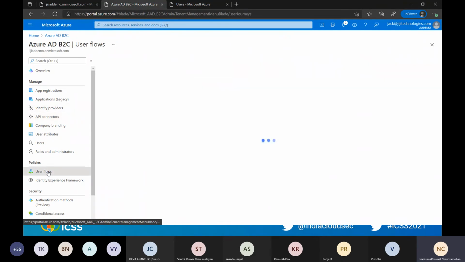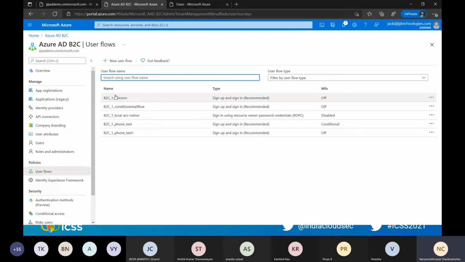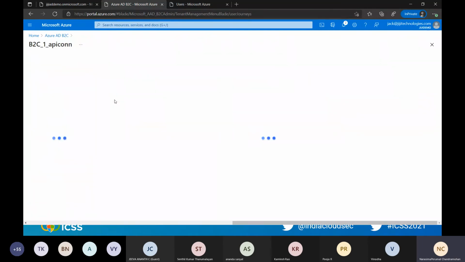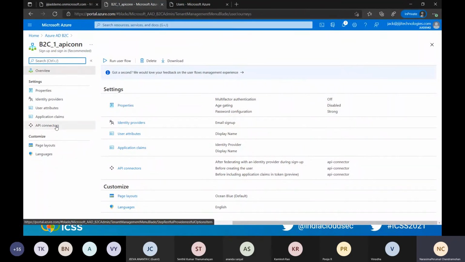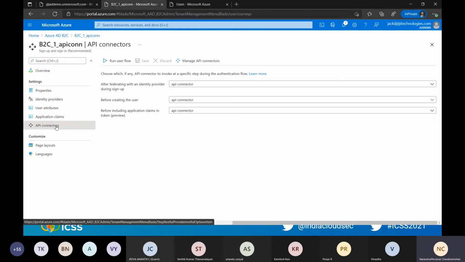Then next step, what we are going to do is that I'm going to use this API connector in my user flow. So again, I am in my user flow and then go to the API connector section. And you can see here, in the previous slide, I have mentioned the places where you can use these API connectors. Very first thing is